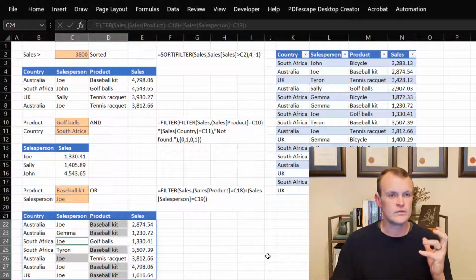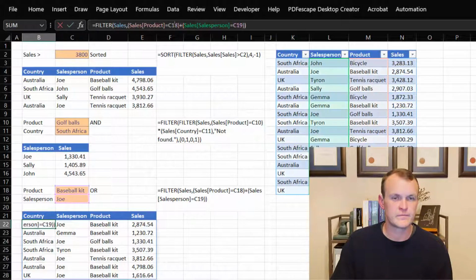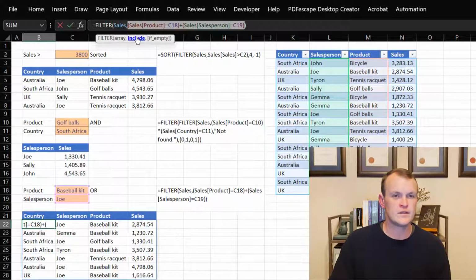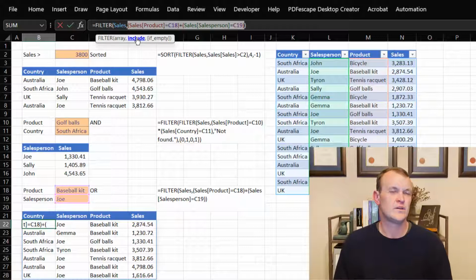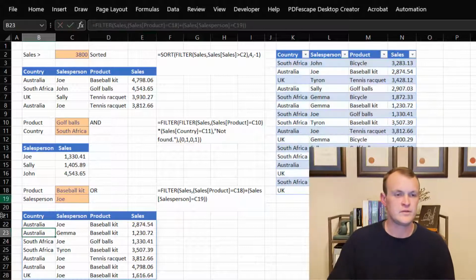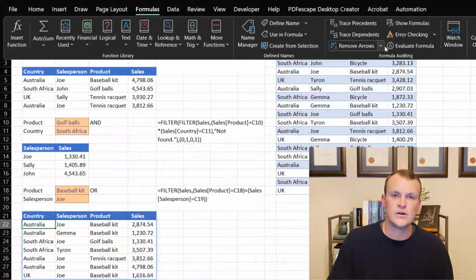Now, I told you the filter function becomes difficult where we have complexity in the middle parameter, which is essentially my include parameter. And this include parameter is actually what makes it powerful, but also that can make it difficult. But as long as you remember to put everything in brackets and put a plus sign in between, you could essentially build out anything. And if we just unpack how this works, we could go into formulas, go into evaluate